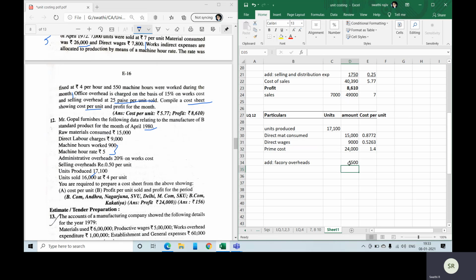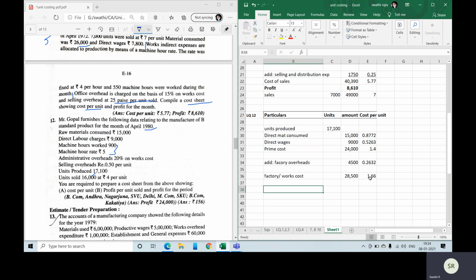Since I explained the previous sum, I'm just directly doing this here, and we will do per unit cost also of 17,100, and this will fetch us factory works cost. That is going to be 28,500, and this is going to be 1.66,